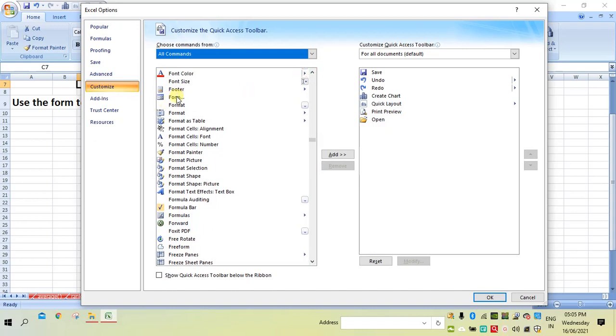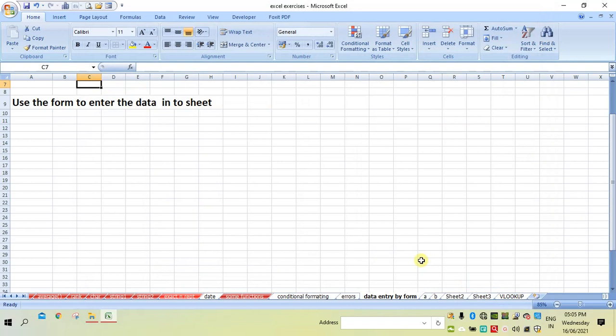Here this is the form, select it and add it to your menu, then say OK. So this will be available in the quick bar.